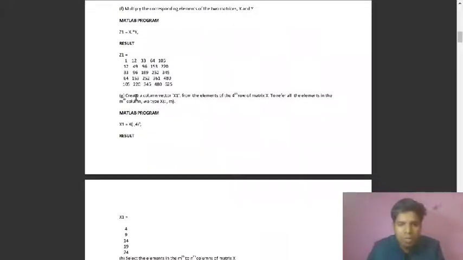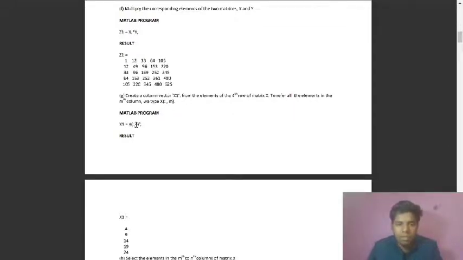And the G part of this question, we have to create a column vector, like this will be only a column, no row. From the elements of the fourth column of matrix X, to refer to all the elements in the mth column, here is given a hint that we have to use colon, X parenthesis colon comma m.